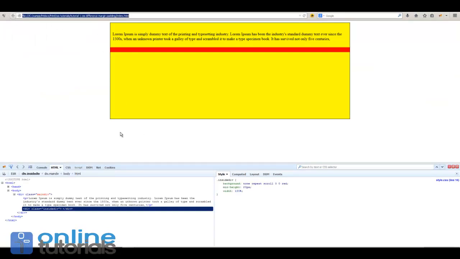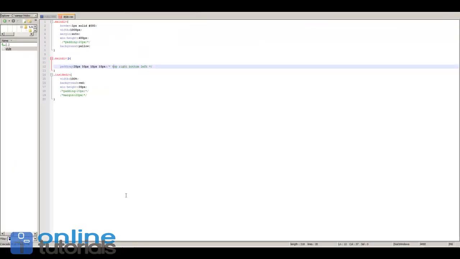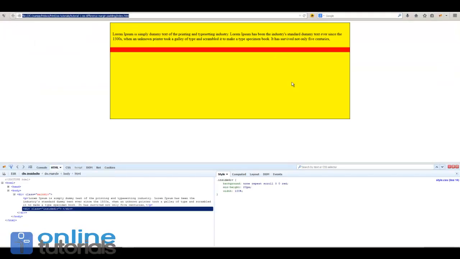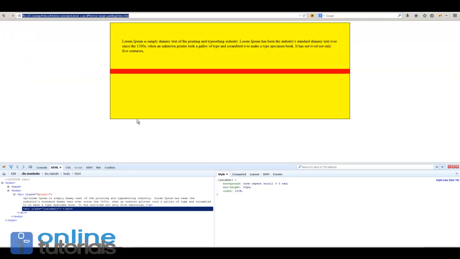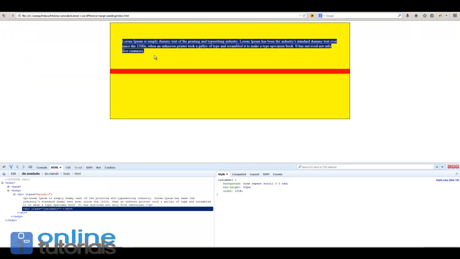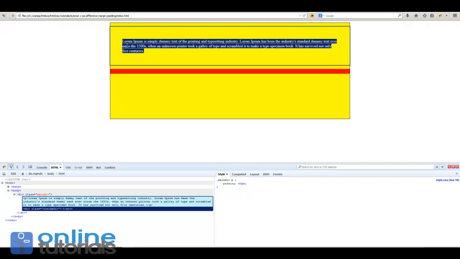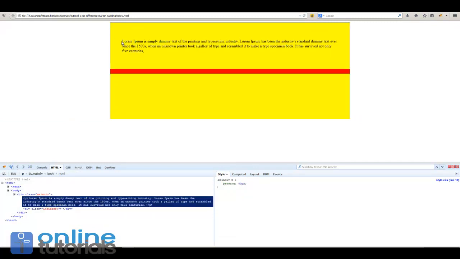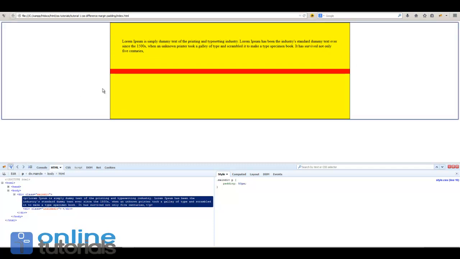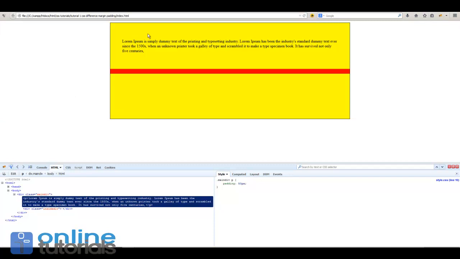So let's execute this code, and this code involves this paragraph over here. Let me simplify it, and let's put here just one value of 50 pixels, so you can see the impact. You see now the paragraph inside creates distances from the outside element, making it have this proportion. The same